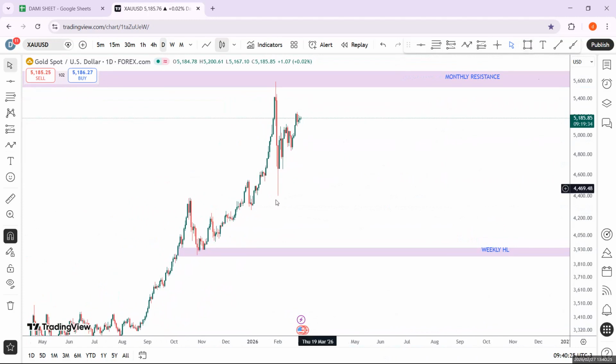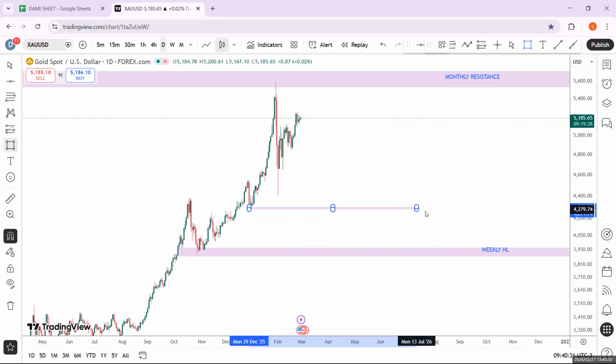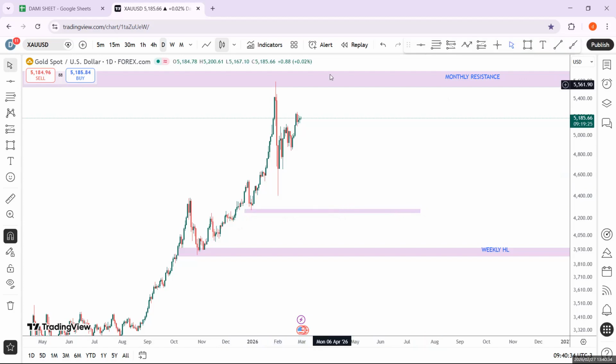Okay, so what are we going to do again? Just like we did earlier, we'll now take this last higher low point of price, just as we identified, and give it a name again. This is the daily time frame, right? So we'll now put it as the daily HL. So what are we now going to do?